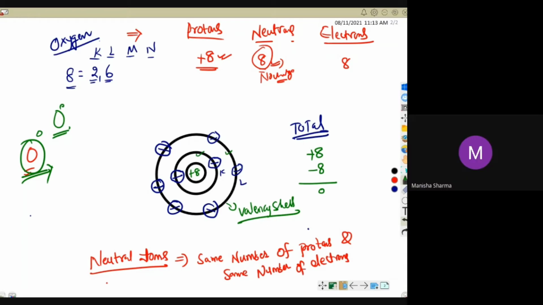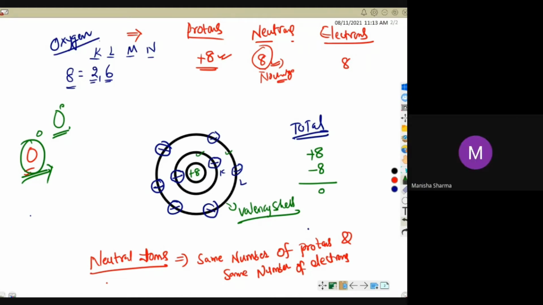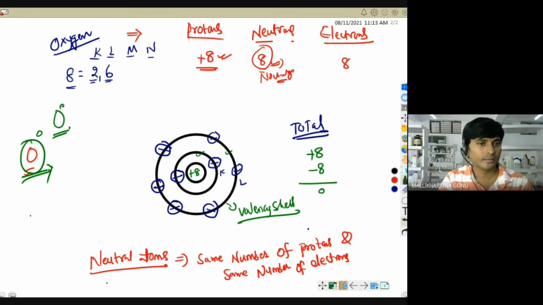Don't know, sir. So what I am saying, every element wants to have 8 electrons in its outermost shell. What is the outermost shell there, and the inner shell? How many electrons are in the inner shell? 2 electrons. How many electrons in the outermost shell, Manisha? 6. So we have to make it 8. How many electrons does oxygen need? 2 more required. That is only I am asking. It requires 2 more electrons. After taking those 2 electrons, it will get stabilized. That will be stable.